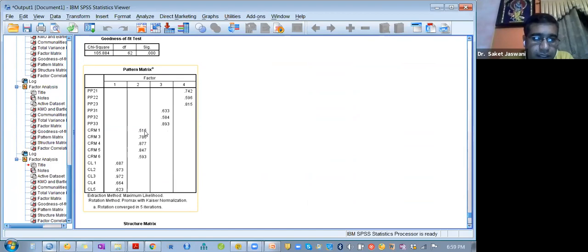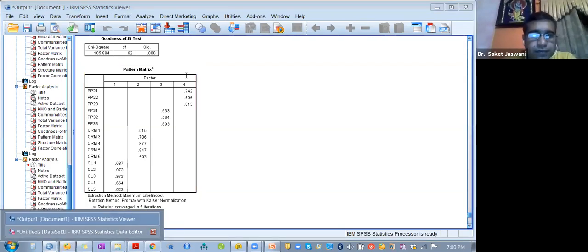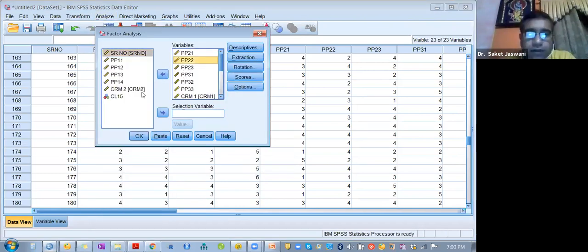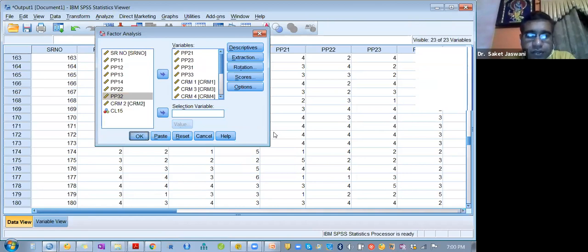अभी हम क्या करते हैं, हम ये वाले हटाते हैं, चलें CRM1 हटाते हैं क्योंकि ये 0.6 से कम है। 0.6 से नीचे वाले सब हटा के देखते हैं, चलिए। तो PP2 हटाते हैं, PP22 less than 0.6, then PP32, then CRM1, ओके, CRM6, 4 आइटम्स हमें हटाने पड़ेंगे। चलिए देखते हैं वेरिएंस बढ़ता है क्या। सर, CRM6 को थोड़ा रिटेन कर लेते हैं क्योंकि उसका 5.593 है, हो सकता है बाय रिमूविंग अदर। ठीक है ना, हटा के देखते हैं, चलिए। तो PP22 हटाना है ना, और PP32 हटाना है, चलो 2 हटा के देखते हैं।